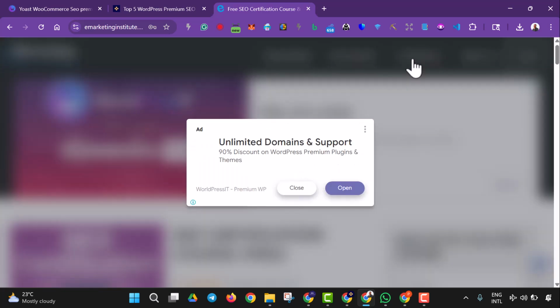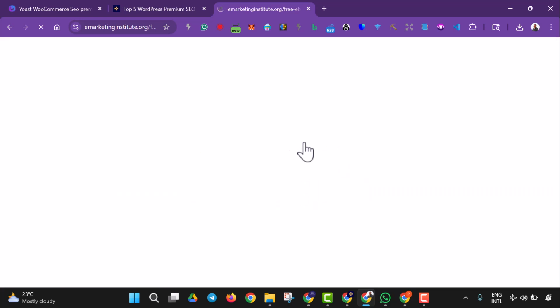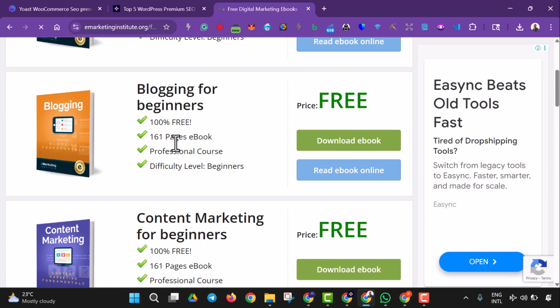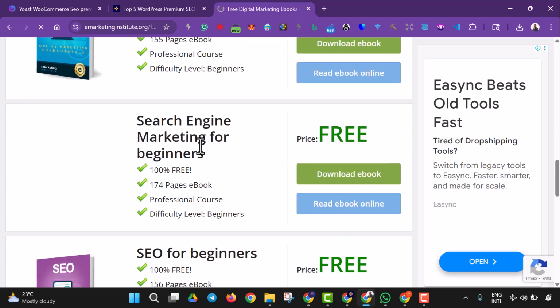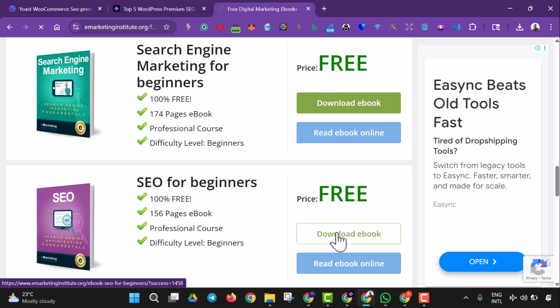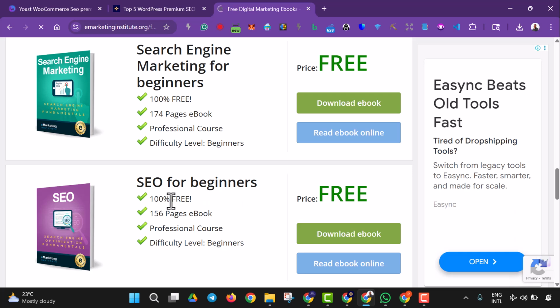But you could go ahead to get the books. You just come to free ebooks, then you'll be able to access the free ebooks library, so you can get any of those books, be it SEO, without having to certify yourself. But look at the books right here. So we have the SEO book right here, SEO for beginners. Look at it right here. All you have to do is to download this ebook, and when you download this ebook, you'll be able to access this particular course, and you'll be able to read everything about the theoretical aspect of SEO, and that way you get certified as well by writing the exams.